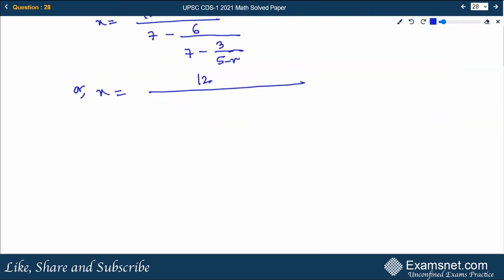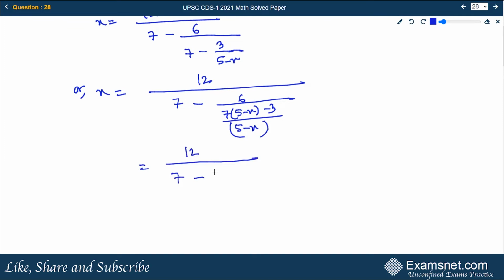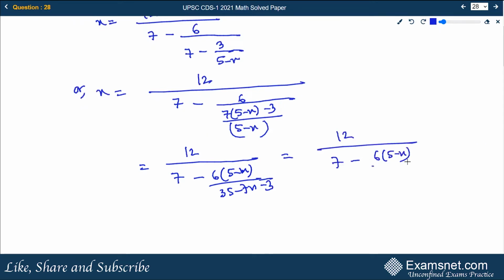So 12 by 7 minus 6 by, that is 7 into 5 minus 6 minus 3 by 5 minus x. So it is 12 by 7 minus 6 by 5 minus x, that is 35 minus 7x minus 3. So it is like 12 by 7 minus 6 by 32 minus 7x. Okay. Now further,